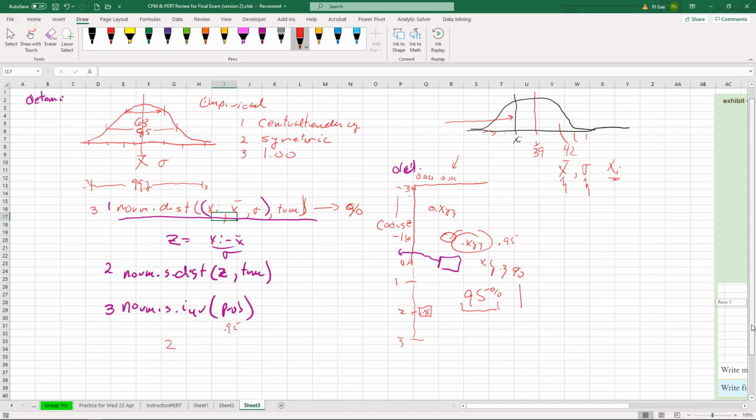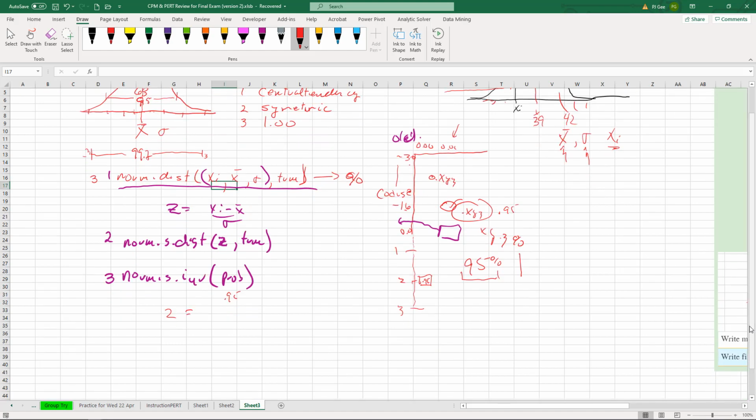Okay. And just keep in mind, usually we're asked, what is the point of interest when we already know the mean and we already know the standard deviation? Put a little check mark there, right? So we're trying to figure out what number of days is associated with 95% confidence. All right. So now we were given 0.95, so norm.s.inverse will give us the